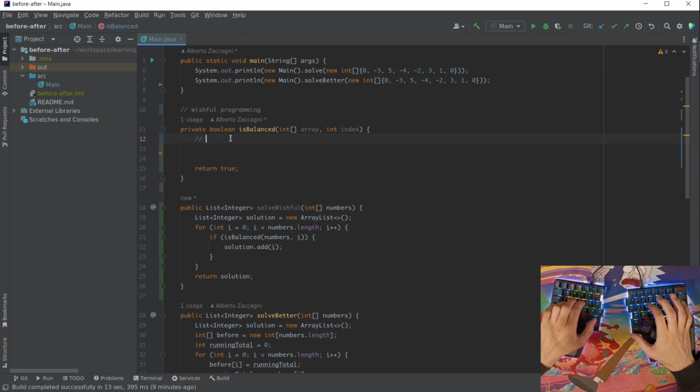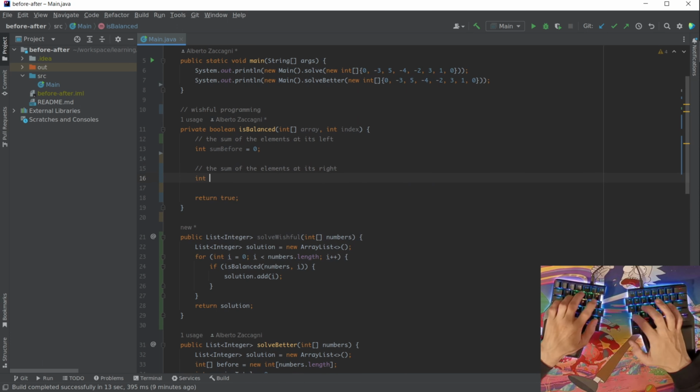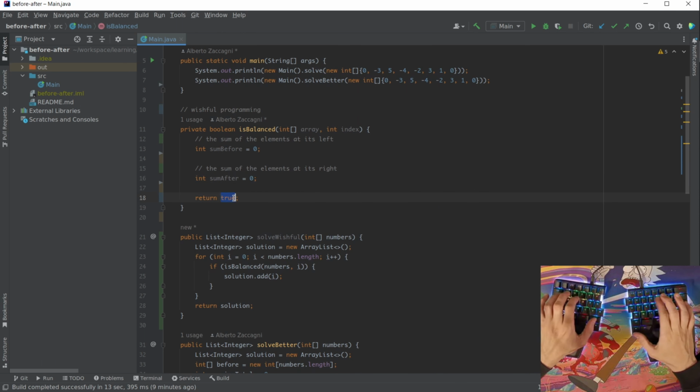So the sum of the elements at its left, which is int sumBefore, and the sum of the elements at its right, which is sumAfter. When these two quantities are equal, then it's balanced. And so I will write just that.